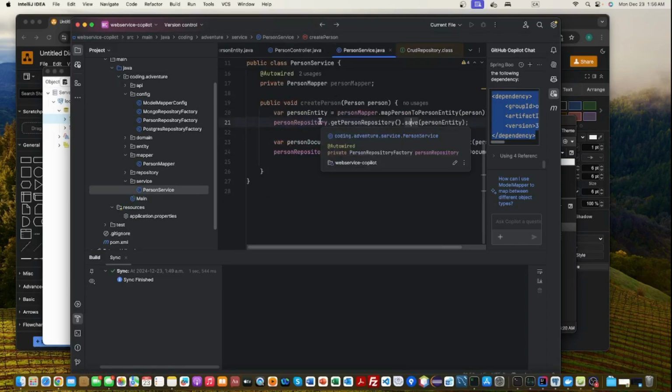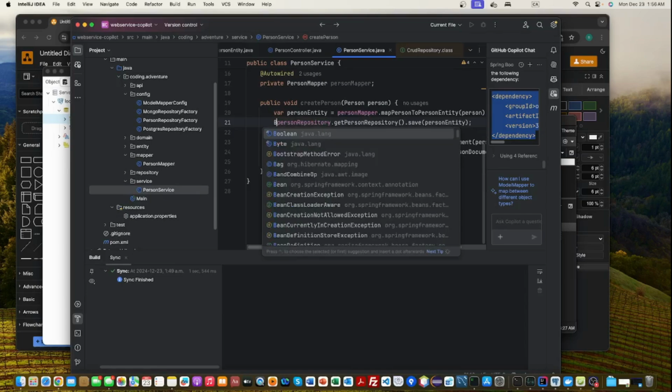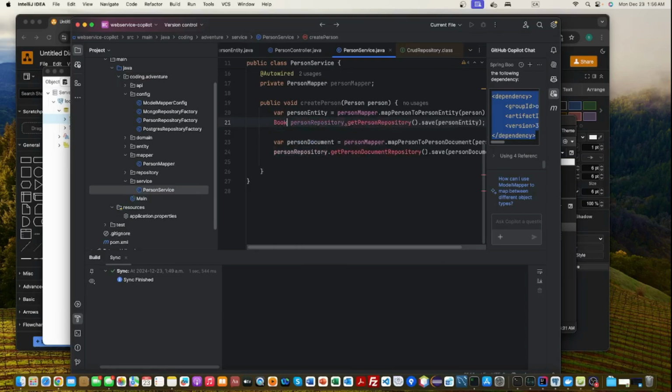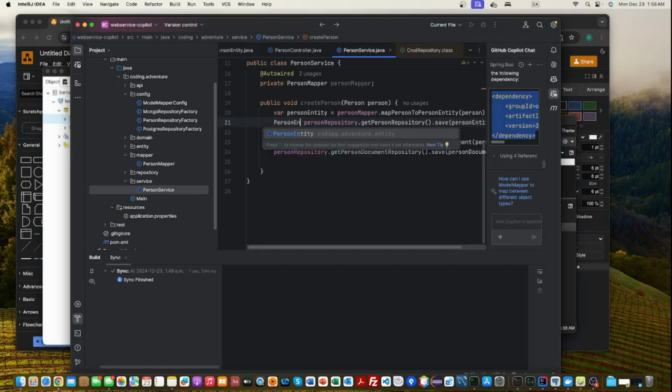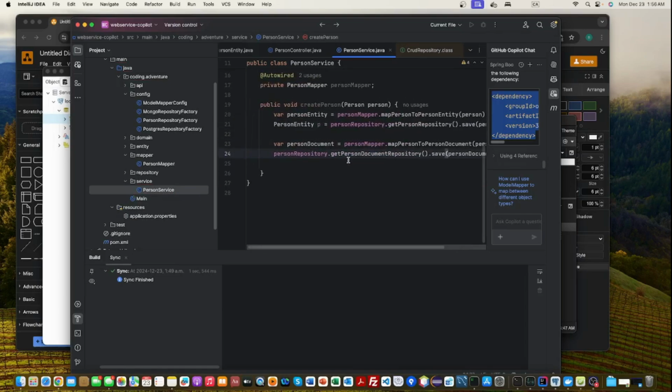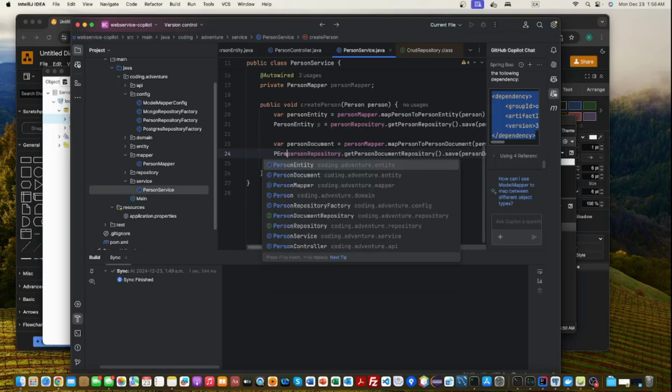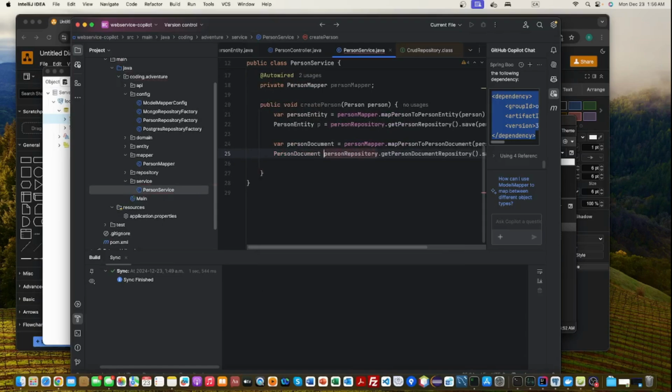So I would like to use the result, which in this case, if I put a name, or if I don't put a name, it's going to be a book entity, sorry, person entity. Okay. And this one is going to be a person document,